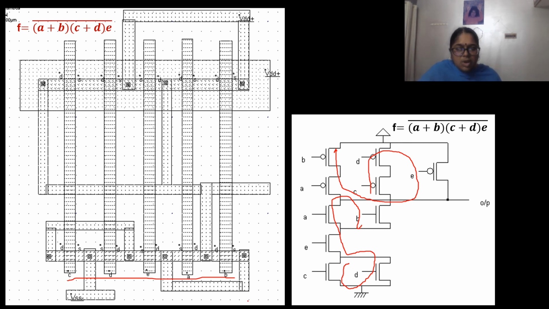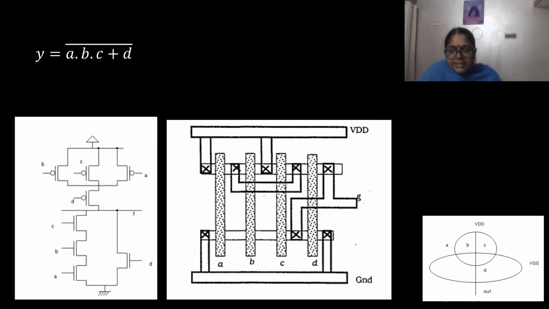Then we can make use of a common P diffusion, N diffusion, common polysilicons. Now you can see here that transistor E is placed in the middle, so that we actually get this particular path. So if any adjustments need to be made in the inputs which are given to the transistors, you have to make the changes so that you get a common path for NMOS and PMOS side.